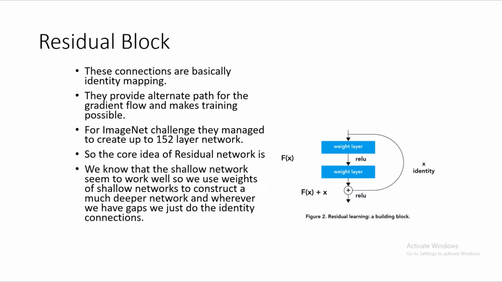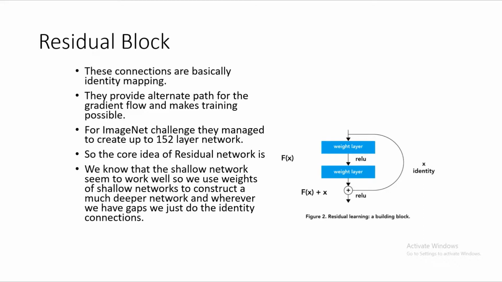So what they did was use the weights of shallow networks to construct a much deeper network, and wherever there is a gap, they just do the identity connections,